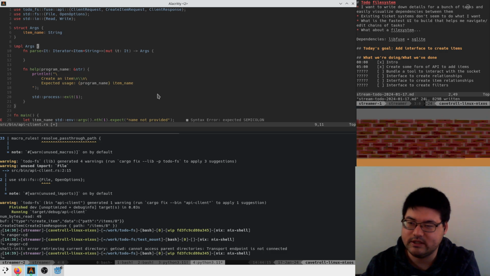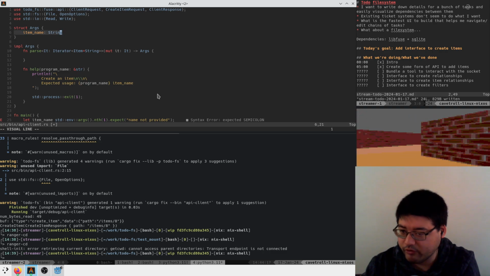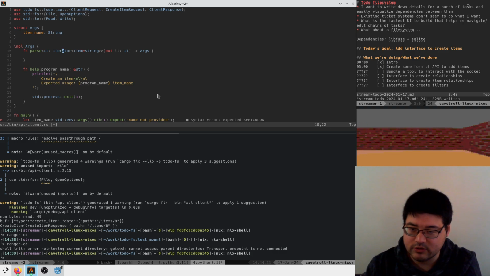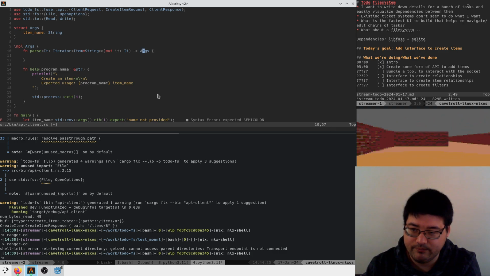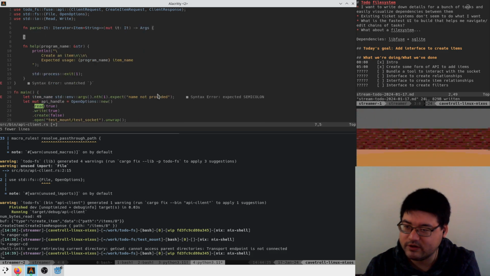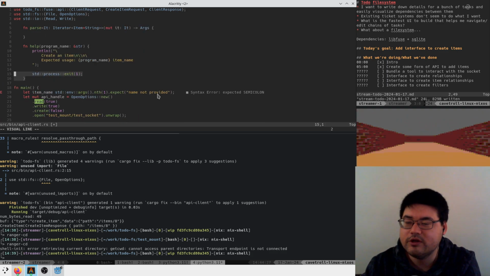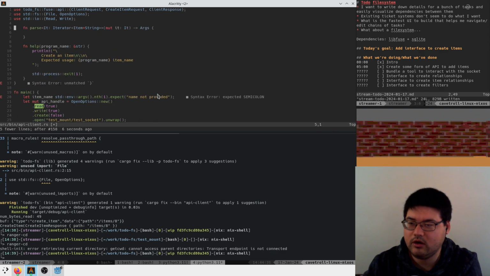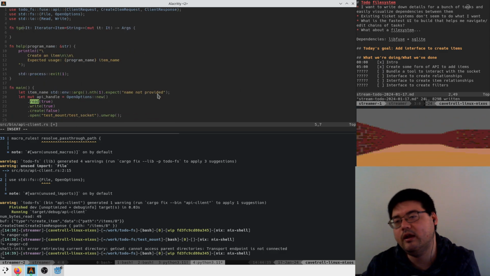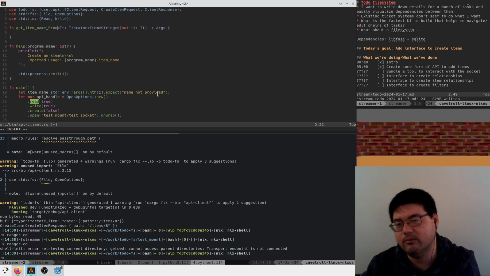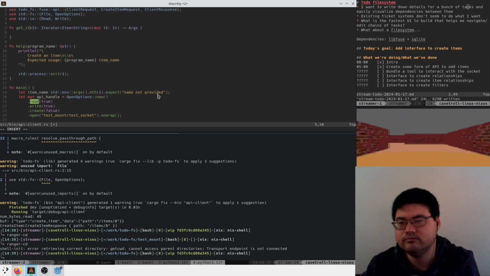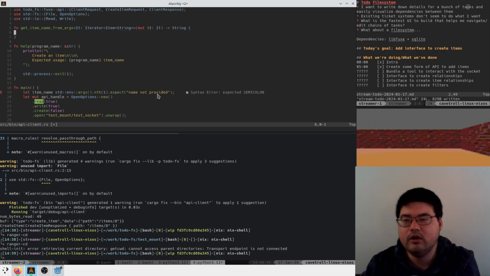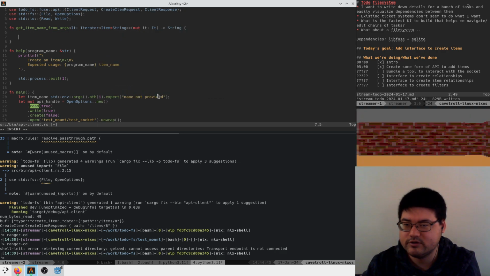Maybe putting this as a structure is a little overkill when the only argument is one thing. But I've been doing this so many times that it feels like that's how I'm supposed to do it, but whatever. So we'll call this get item name from args. Okay, it returns a string, and okay, so we just say